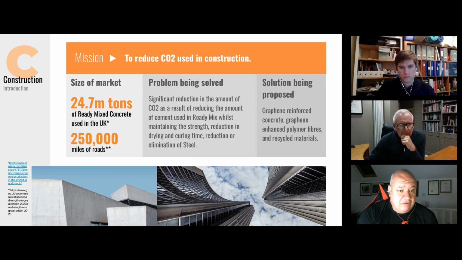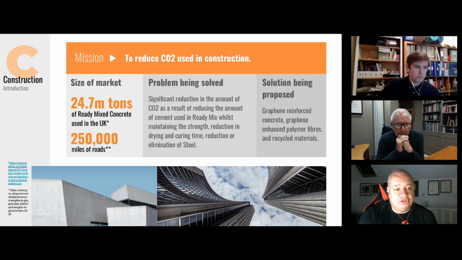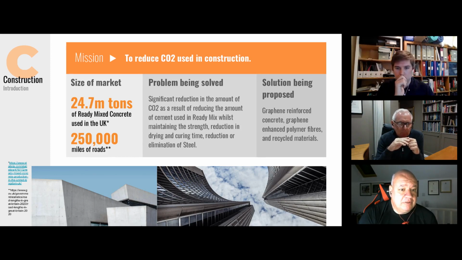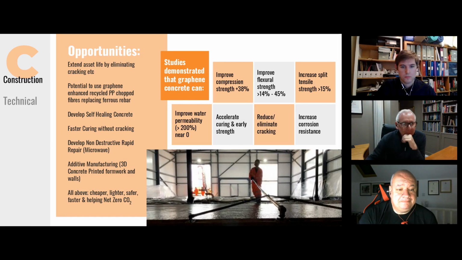Concrete, we've been working on for a number of years now, but I thought it was going to be a slower burner than what it's turned out to be. We've seen quite a lot of regulation and an environmental push to try to get concrete to behave. It's on the naughty step. And so anything that can be done to reduce the CO2 that's used is very welcome at the moment. We're working with a number of large organizations, some government, some non-government, in order to bring this technology to market as quickly as we can. Steve, do you want to move on to the technical opportunities there?